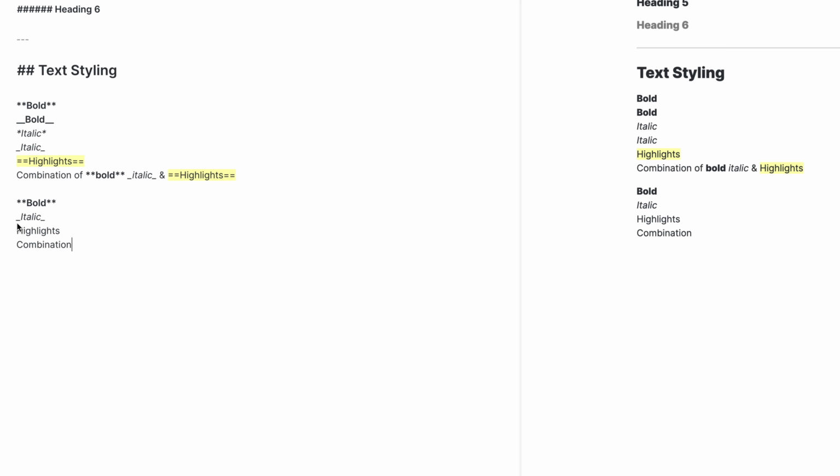So that is that. Now if I want to do combination of bold and italic, just to show you the same thing. Bold will do underscore this time twice and italic will do asterisk once. And that's it. That's how you have text styling. Now we'll just add a line break first. So the next thing we look at is lists.